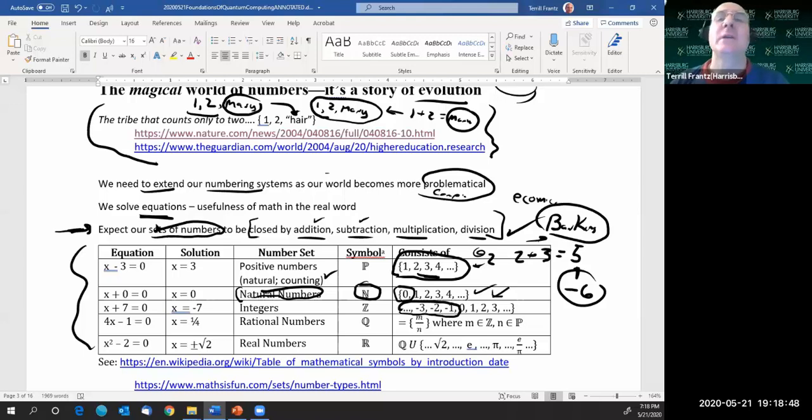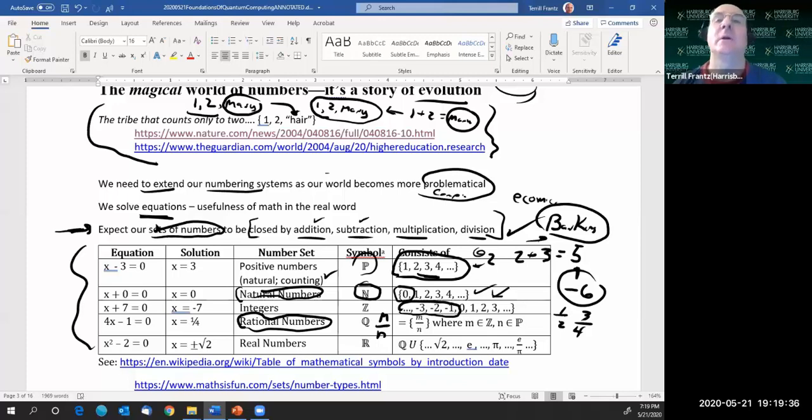And next, we started running into situations where we had 1/2 apple, 3/4 of an apple, etc. And so we have the rational number system, which is a set of numbers. Believe me, I'm trying to avoid mathematics, but being precise here is really important. And I think it's good that we understand mathematical representation at this level. But rational numbers are essentially those numbers that are in the form of m over n, where m is an integer and n is a positive